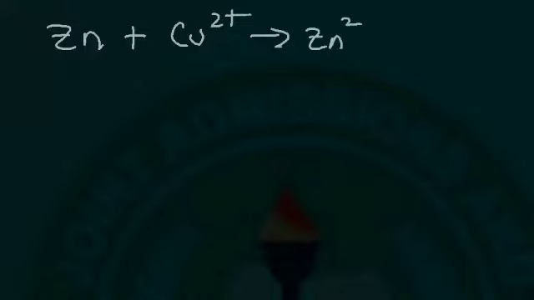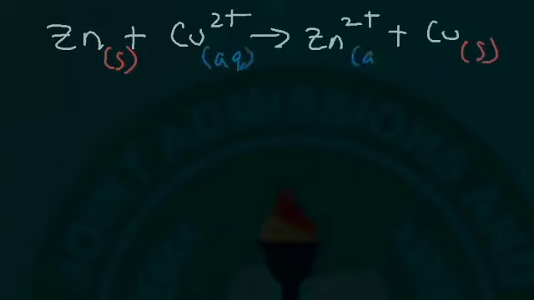But now, let's go back to the reaction that we wrote before. The net reaction, which was zinc plus copper 2 plus, turns into zinc 2 plus and copper metal. Zinc and copper are in a solid phase, and the ions are in an aqueous phase, which means that they're dissolved in water. So now, how can we identify which one is the oxidizing agent and which is the reducing agent? In order to do that, you need to find a substance that is oxidized and a substance that is